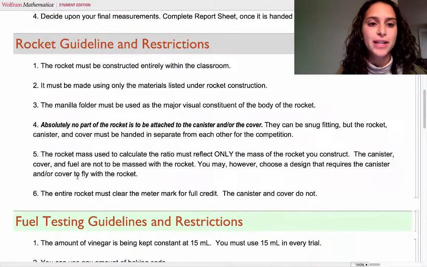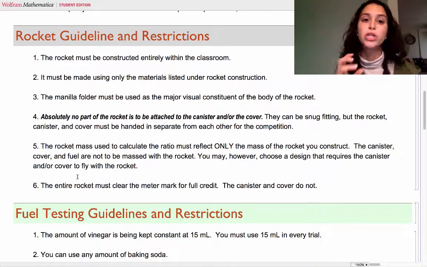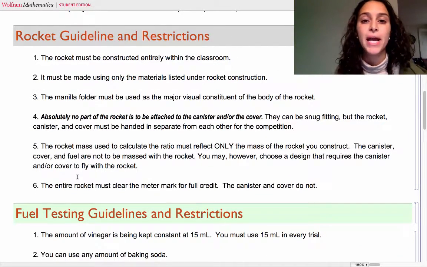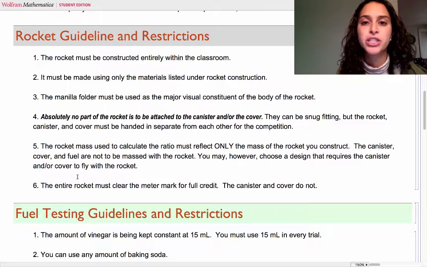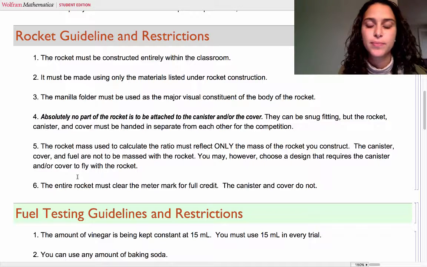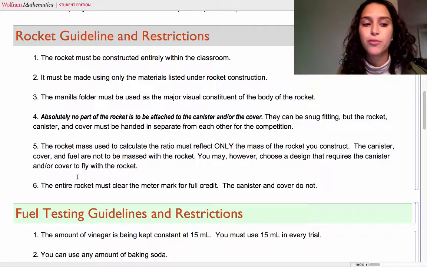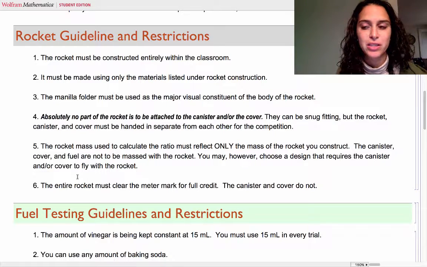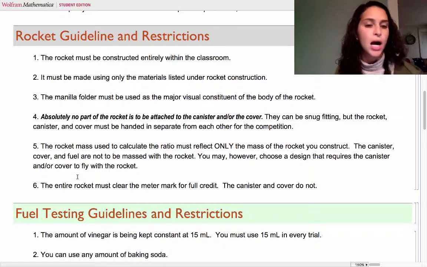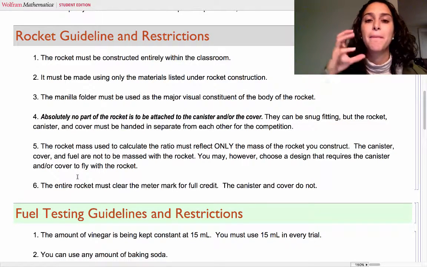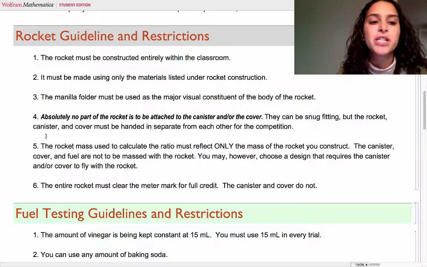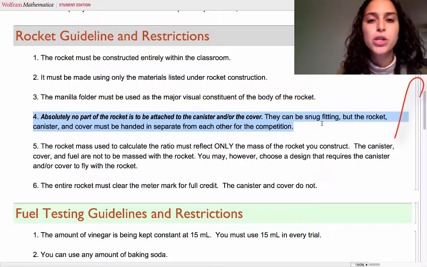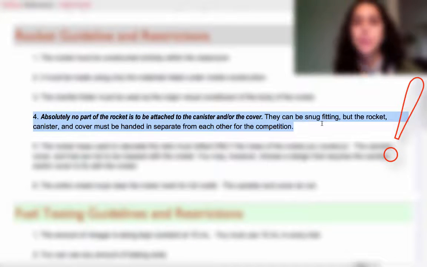So here are the guidelines. For the actual construction of your rocket, it has to all be done in class, no outside of class time. You can only use what I provide you, no bringing in other stuff. Okay? The manila folder, which I'll show you what it looks like in class, I wish I brought one, has to be the major part of the rocket. This one is big. Number 4 is huge. Listen, because someone always